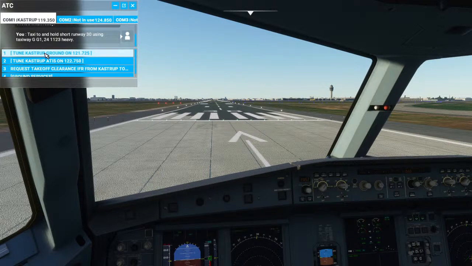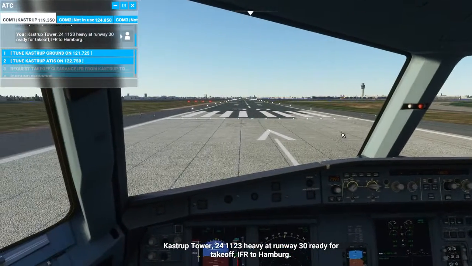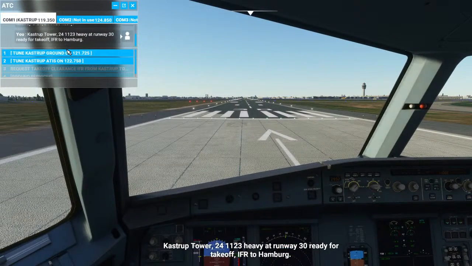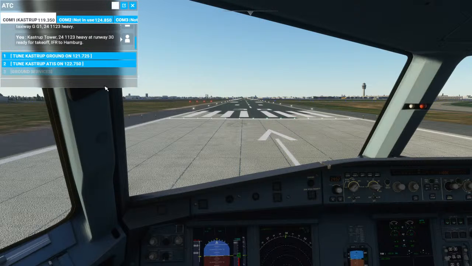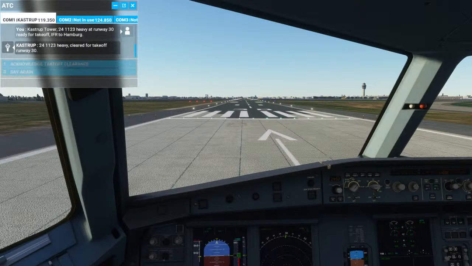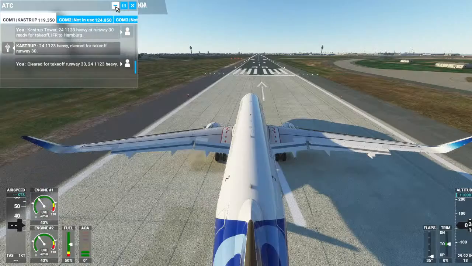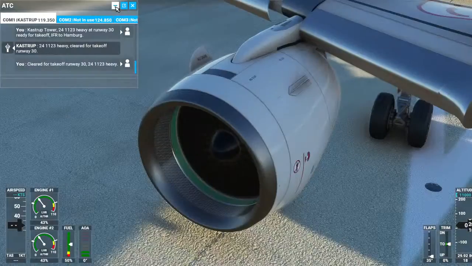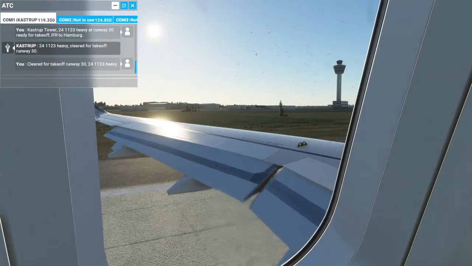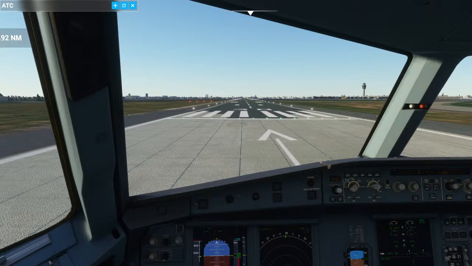Let's contact the tower. Cast drop tower, 24112 Heavy at runway 30, ready for takeoff IFR to Hamburg. 24112 Heavy, cleared for takeoff runway 30. Cleared for takeoff runway 30, 24112 Heavy. Alright, so we got our permission to leave the